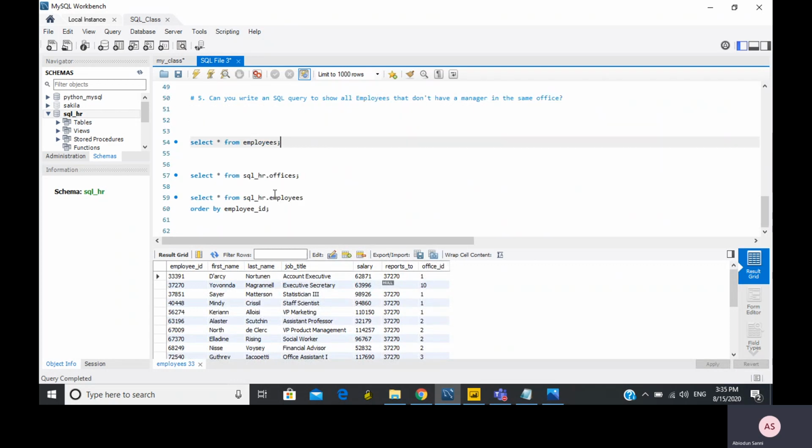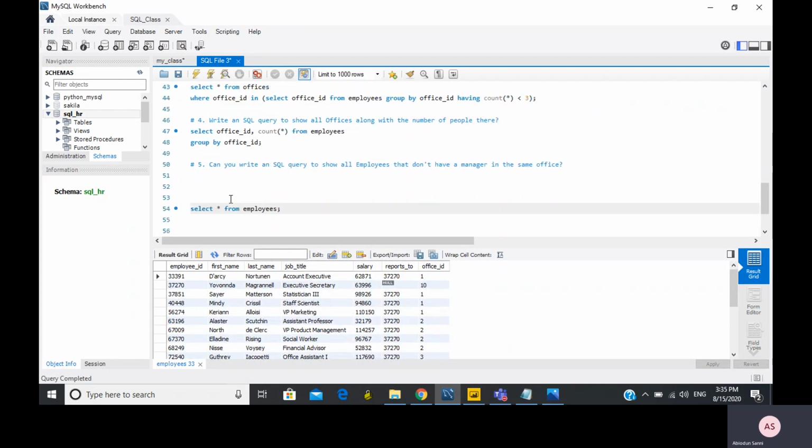So in order to be dynamic in this case, suppose you have a manager that has other employees in the office. This is what you do: